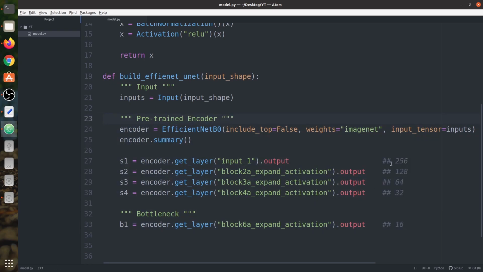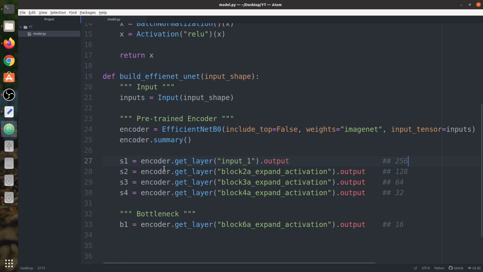Like in case you want to have a skip connection of shape 256 by 256 and by mistake in the pre-train encoder there's something with a shape of, let's say, 257. So you can do cropping here. If you have a size a little less, let's say you have 254, you can pad it with 0. So like this, you have to manage the shape. Shape should always remain the same because it has to concatenate with other features. So the height and width of the skip feature map should remain the same.